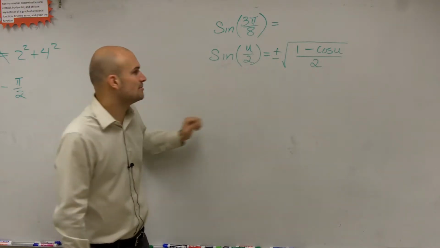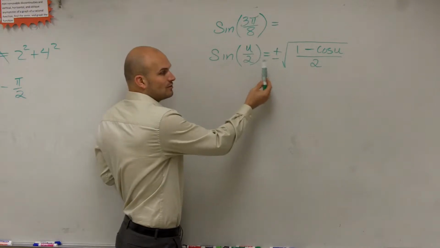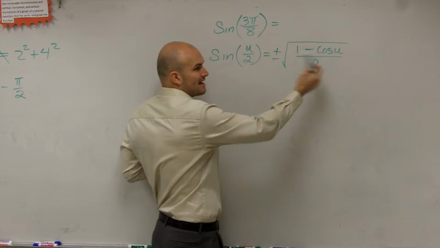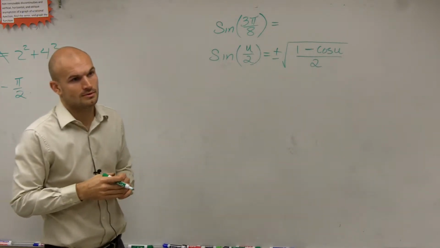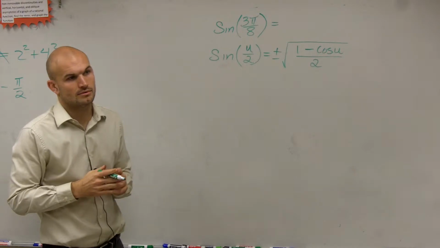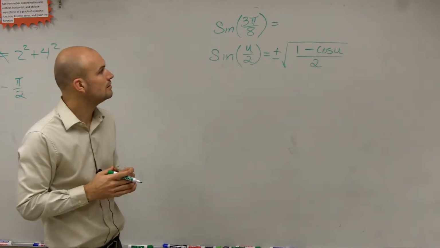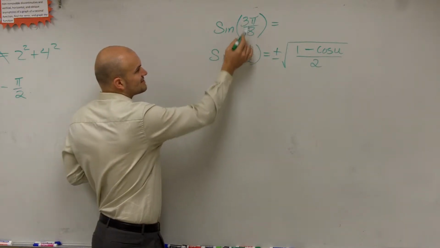So what the half angle formula says: if I have sine of half of an angle, that equals plus or minus the square root of 1 minus cosine of that angle, divided by 2. So what? Well, let's take a look at it. What I'm saying is, if sine,